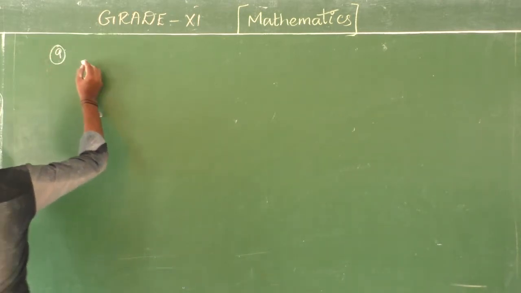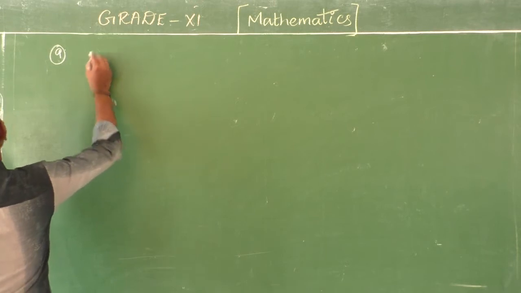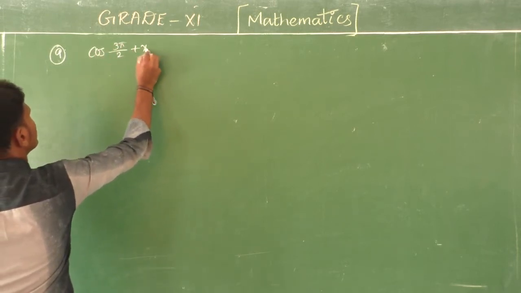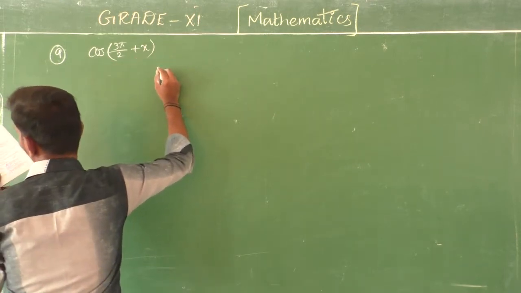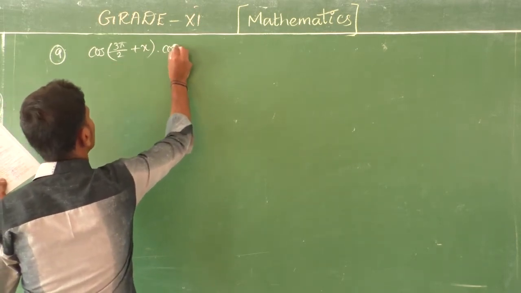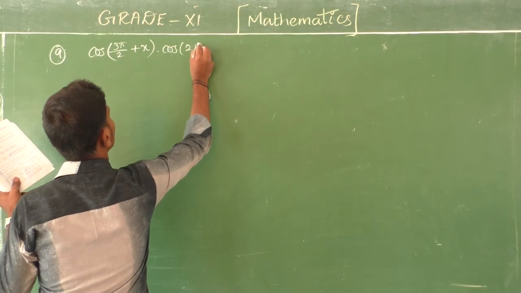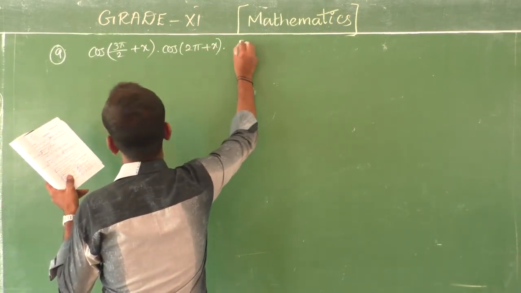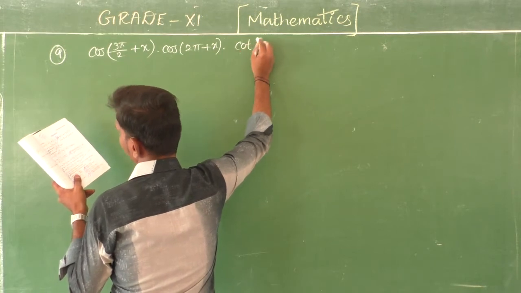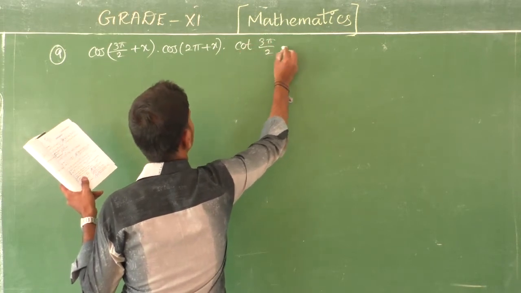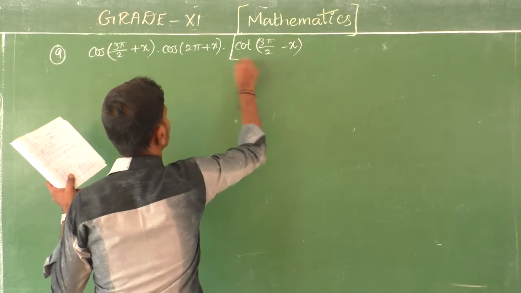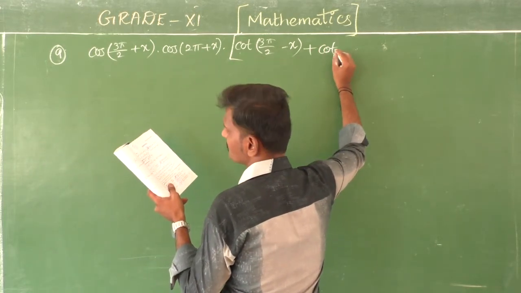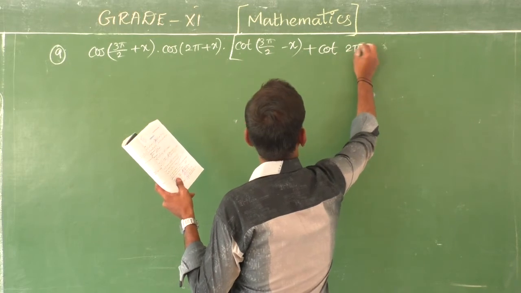So the 9th question is cos(3π/2 + x) into cos(2π + x) into, in the bracket, cot(3π/2 − x) plus cot(2π + x)